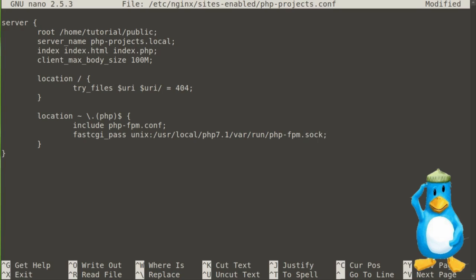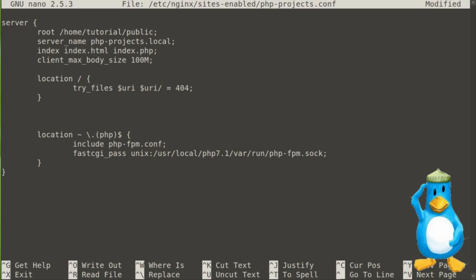So that's that done. Next one is to make a dynamic location, and we're doing this with a bit of regex. The best way I've found to do it is to, like I said, you put a prefix of PHP dash, and then PHP slash and then you're going to put the version number that you want to be running. So here we go. We can go location, and we want the tilde, and this time we want a regex start character, which is the caret, and then slash PHP, which is the start of the URL, and then slash and we want to capture now this value that's coming up,